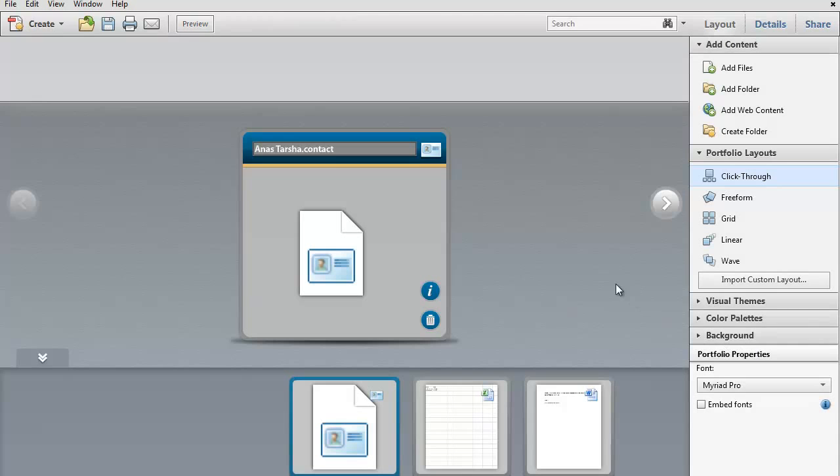So once Acrobat is done loading the files, you're gonna see this window right here, and as you can see,